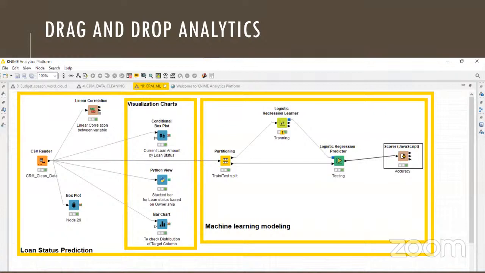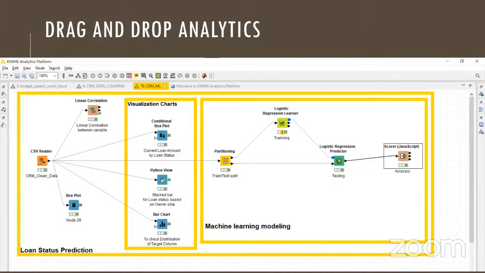Another interesting angle I wanted to highlight: whenever we talk about statistics, mathematics, coding, non-IT people get nervous, right? Because they've never done any line of coding. The most they can handle is Excel and PowerPoint and things like that. What if I tell you that there are tools emerging? This is one of those tools, KNIME, K-N-I-M-E. KNIME is an analytics platform.